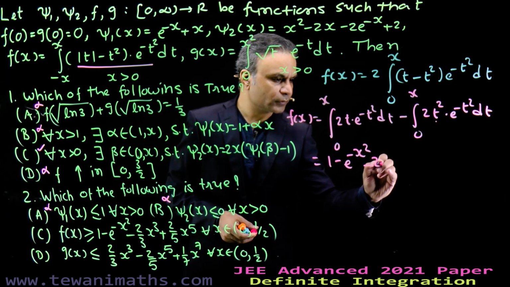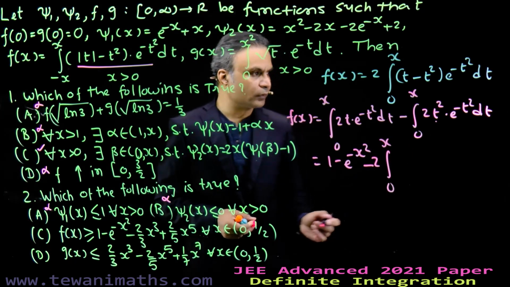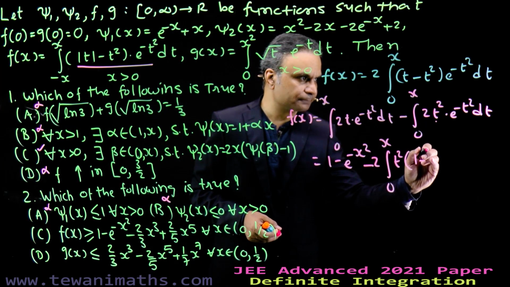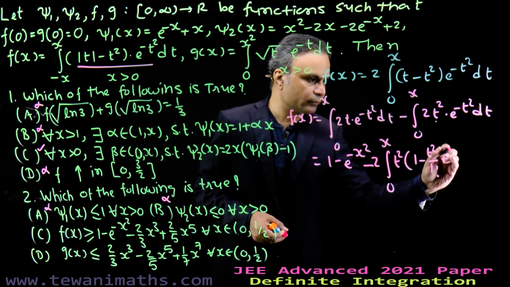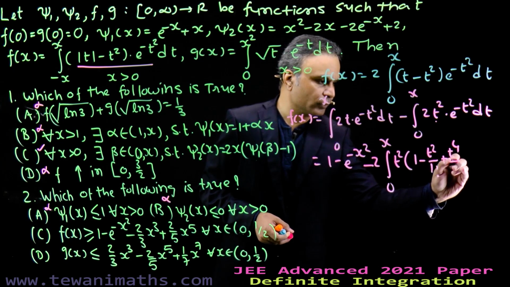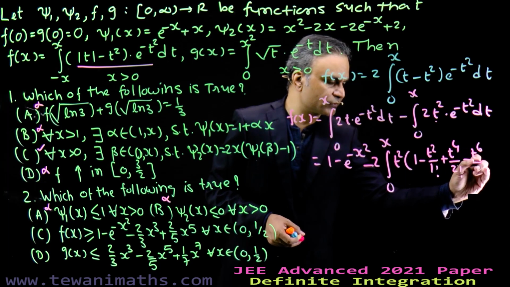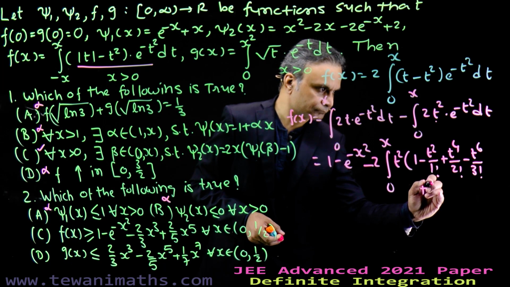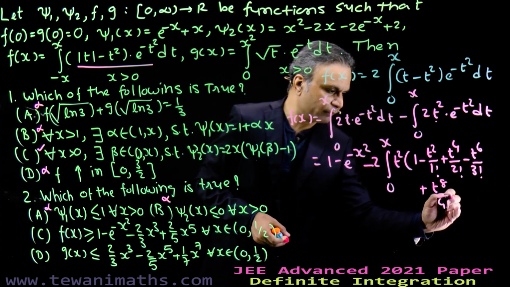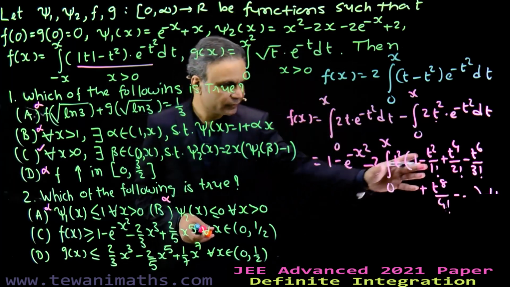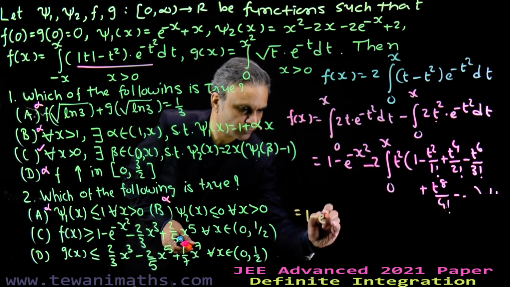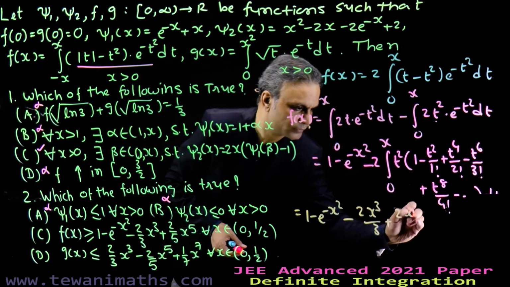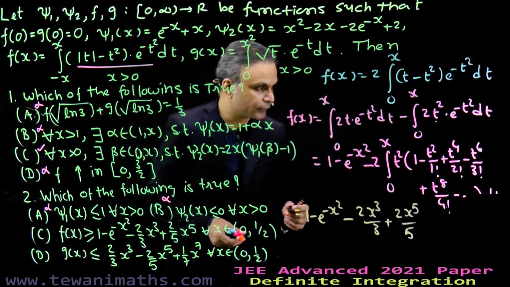So we use expansion of e^(-t²). We get 1 minus t² upon 1 factorial plus t⁴ upon 2 factorial minus t⁶ upon 3 factorial, plus t⁸ over 4 factorial and so on. Now we integrate this with these limits, we find f(x) is equal to 1 minus e^(-x²) minus 2x³ over 3 plus 2x⁵ over 5, then we will have